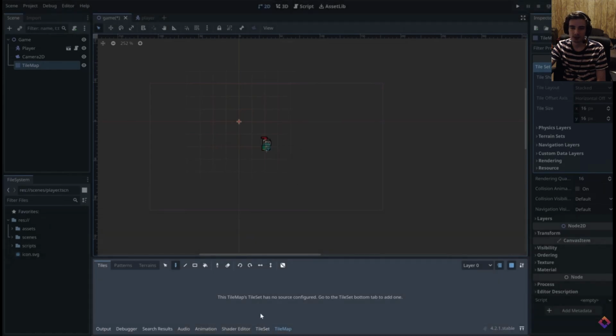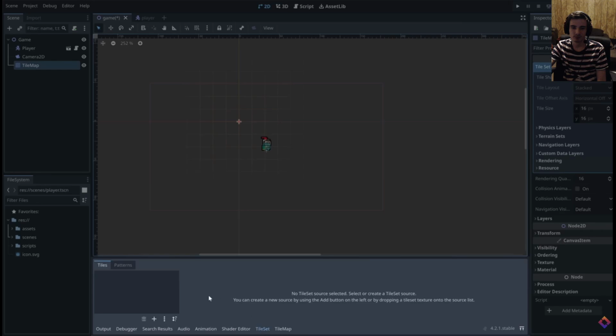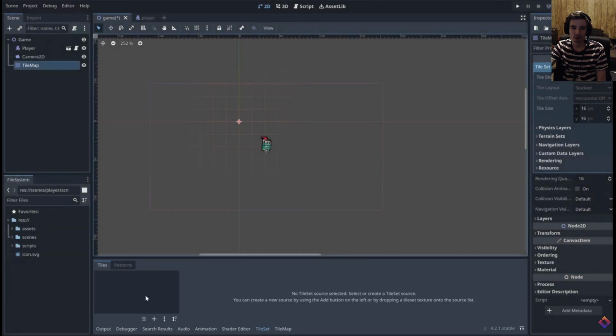Nice. So before we can start painting with our tile map, let's go into our tile set and configure this properly. The main thing we want to do is